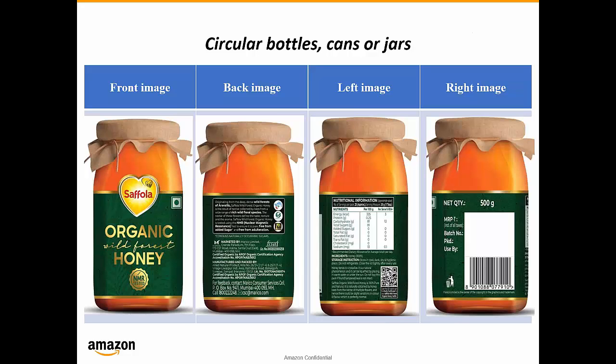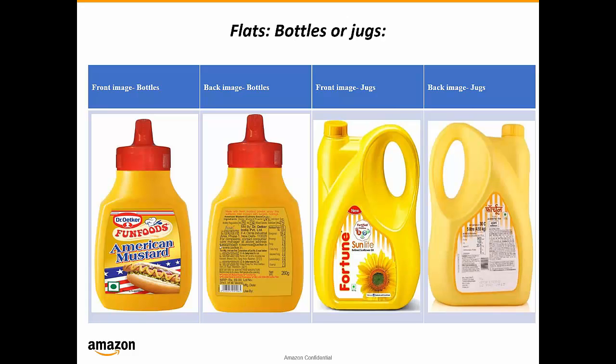So if you see honey, this is a can or jar bottle. So that covers four side images, which should cover all the information or parameters. Then these are bottles or jugs which are present, front and back. It doesn't have the four sides, so front and back is giving the complete information of what is present